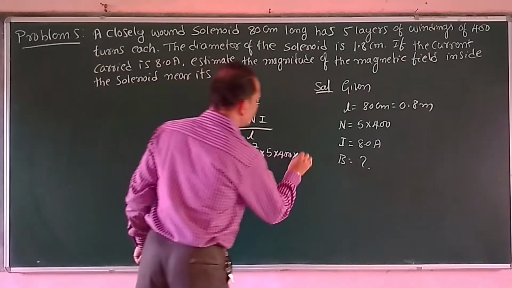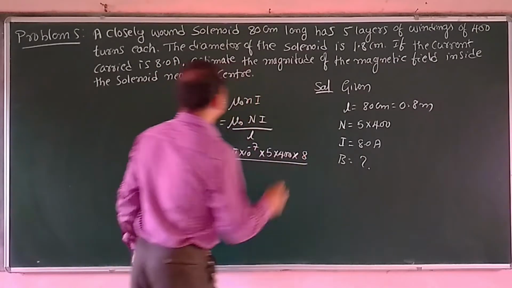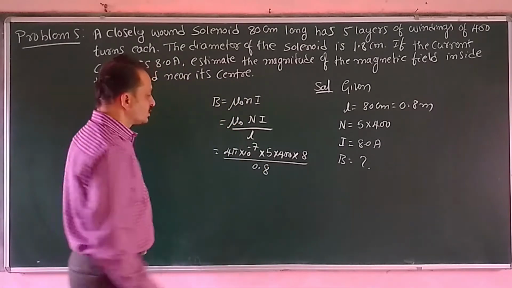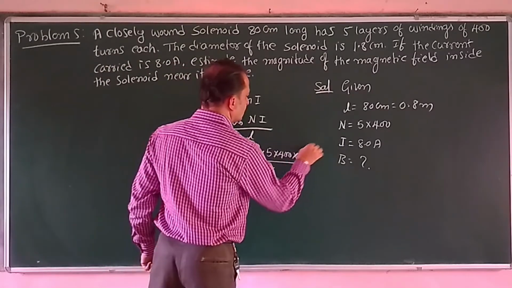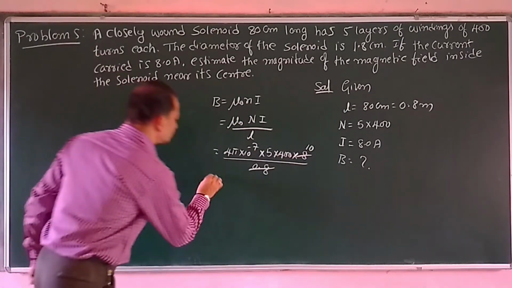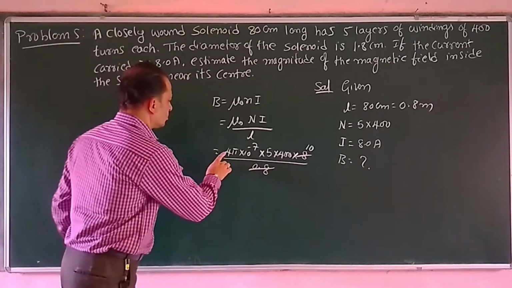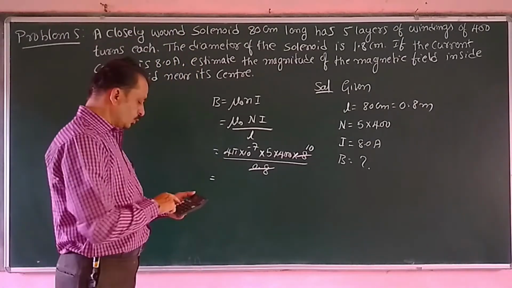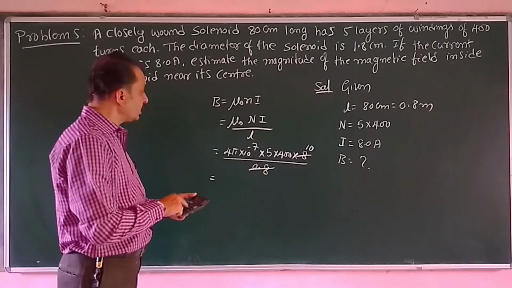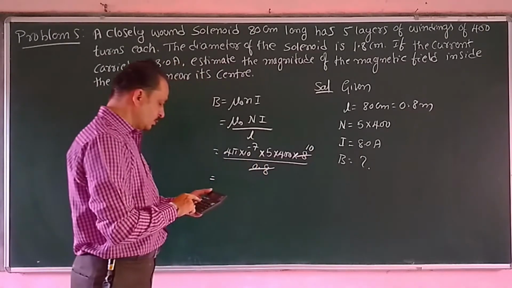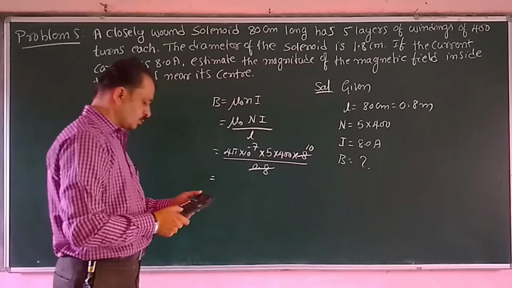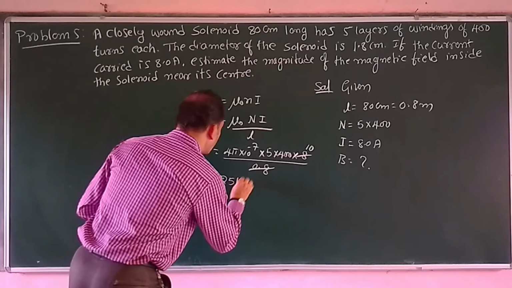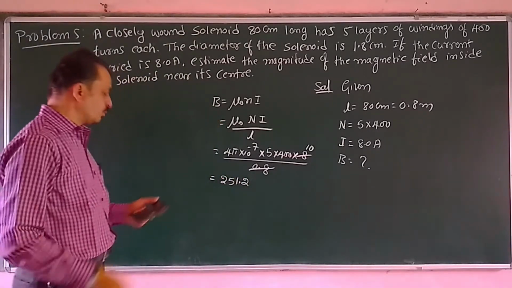And the current flowing is 8 amps, and divided by the length of the conductor, it is 0.8 meter. Okay. So simple as that. So 1s are 10s are... 3.14 into 4. Okay, I take the calculator. 4 into 3.14 into 5 into this 4 is equal to 251.2. I am getting 251.2.